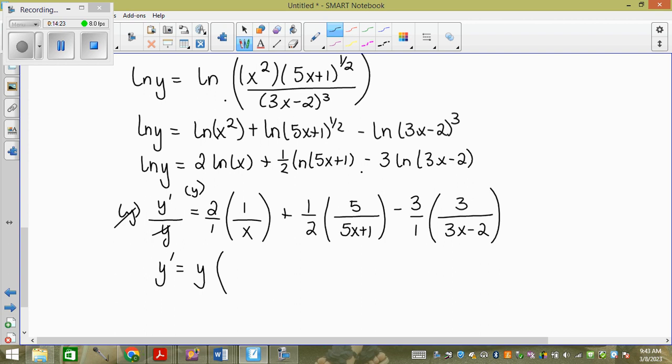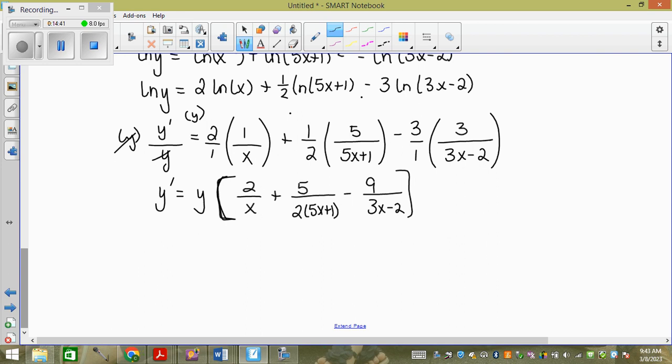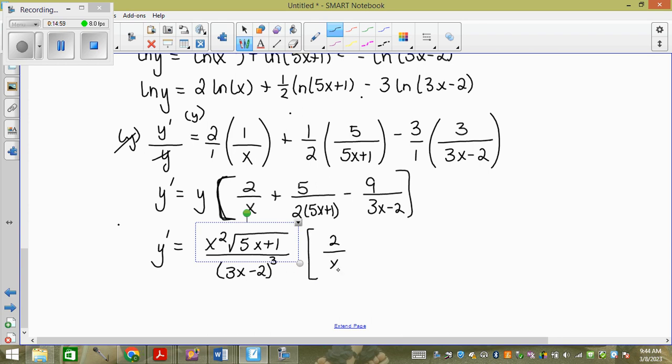And so we get y, and then we get 2 over x plus 5 over 2 times 5x plus 1 minus 9 over 3x minus 2. And then we have to fill back in our y. So we get y prime equals x squared square root 5x plus 1 over 3x minus 2 cubed, square bracket, 2 over x